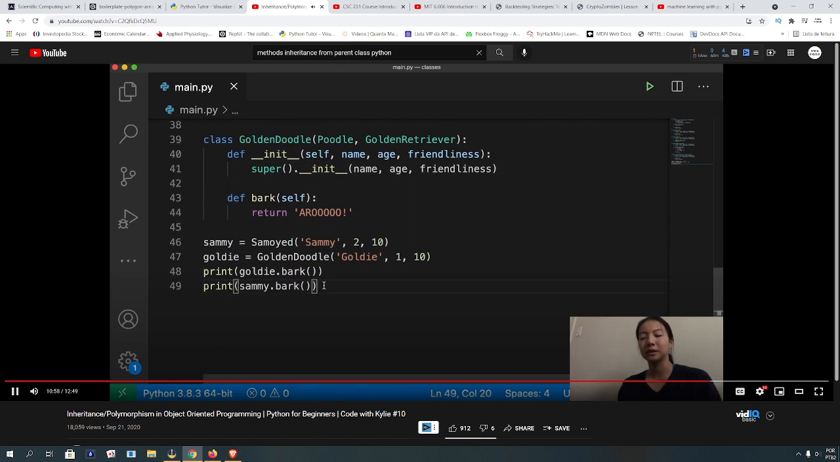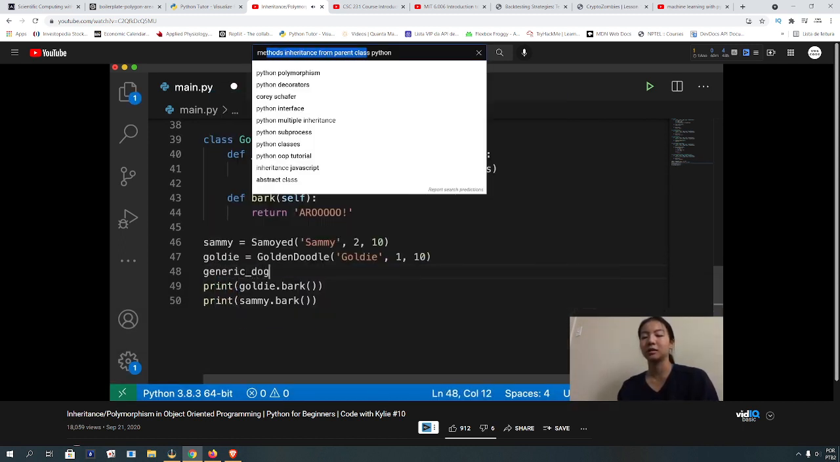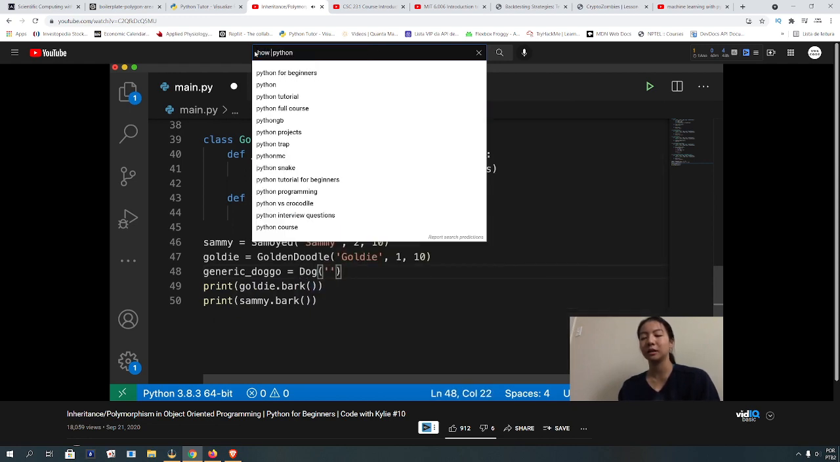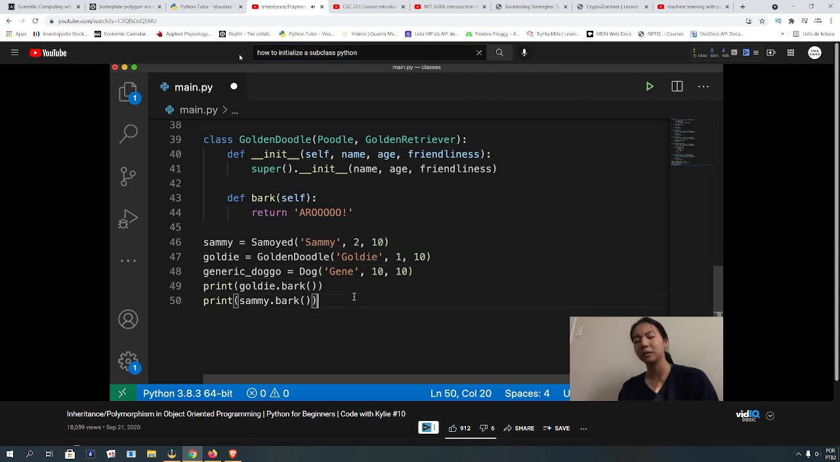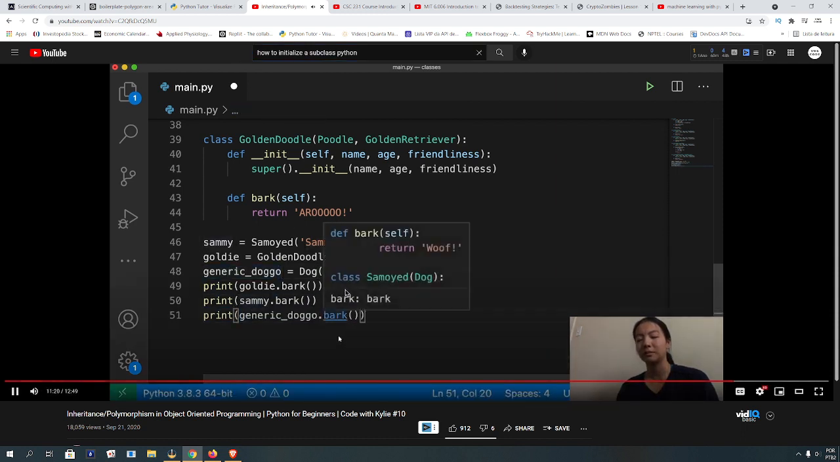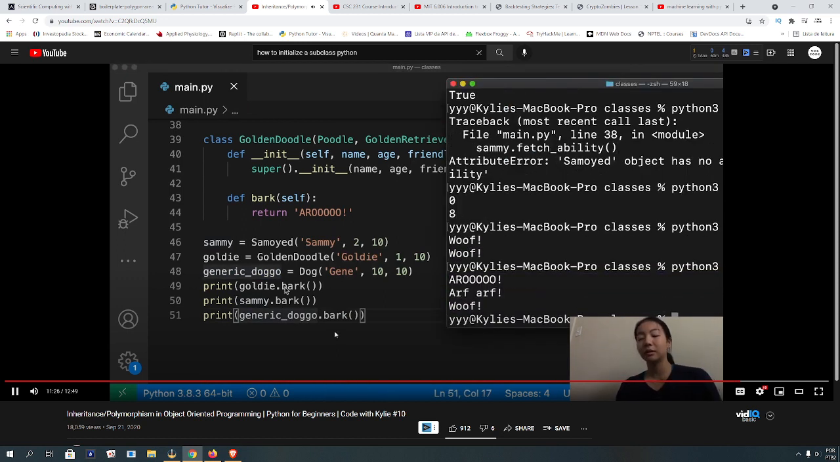Now let's listen to these dog barks again. And just for comparison, I'm going to create a new dog object. Generic doggo equals Dog, and I'm going to name it Gene. It's going to be 10 years old, and of course it's 10 out of 10, a good boy. So we're going to also say this generic doggo dot bark. Okay, so we're doing Goldie, Sammy, and then generic doggo. So we see that Goldie is now barking like a roo, but then